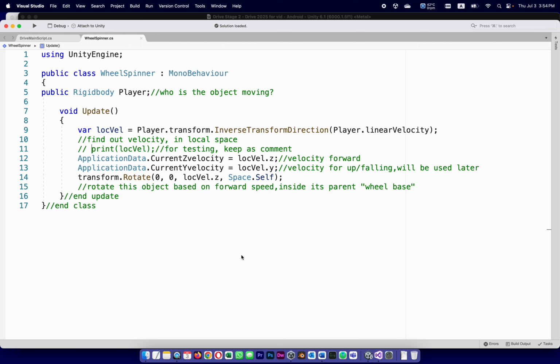Also, we're going to use the y velocity. How fast is it moving up or down? Where is the car going to be moving up or down when it falls or when we jump off of things? We're going to use that to make a thud sound when we fall on things, or a splash sound when we fall into the ocean. So this is why it says will be used later. What will be used right now is